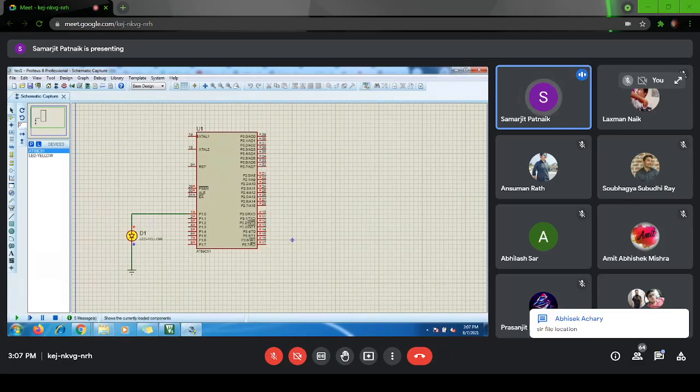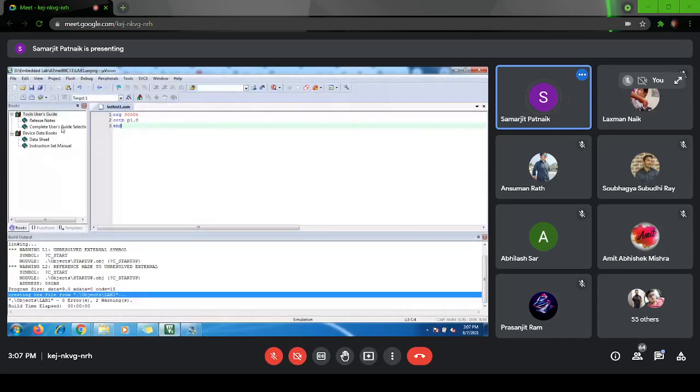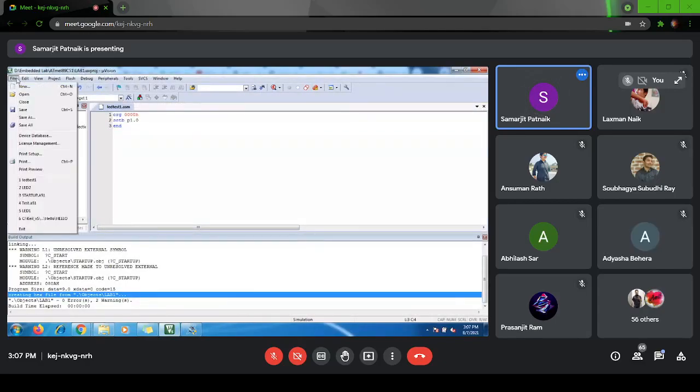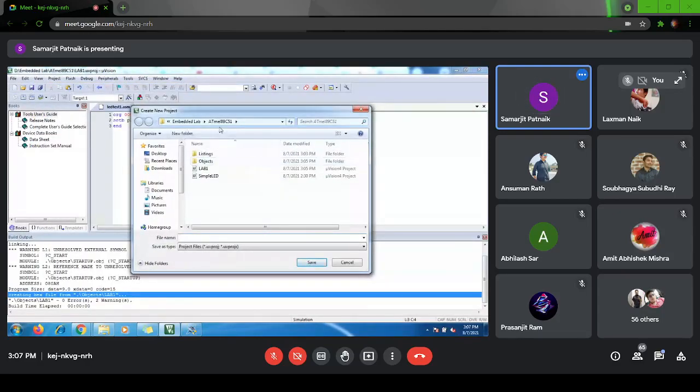Okay, file location, right? Go to Microvision, Project, New Microvision project, and you can see the file location here, in case you have forgotten where it is.